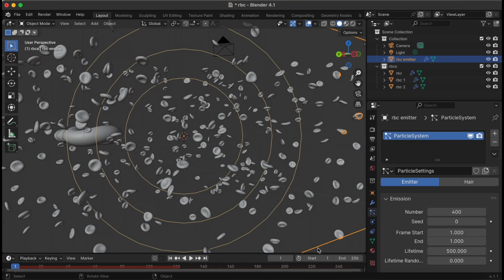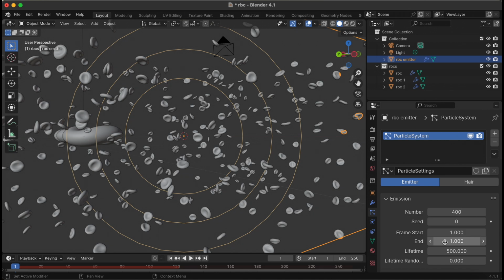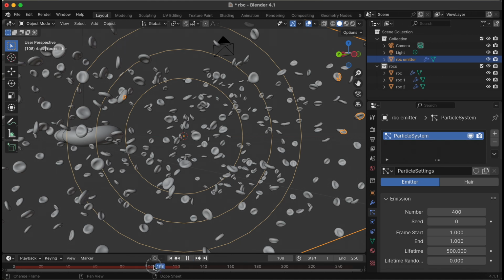So you can change or edit the settings to whatever you feel like, but for the sake of this video, we're only going to be creating a still image and not an animation, so I think this should be fine, and then you can pick from whichever frame you like. So the movement is very, very subtle and not too obvious, but it's great for still images because then you can just pick whatever frame you prefer and then decide to render that. So for this section, I think we're actually done.